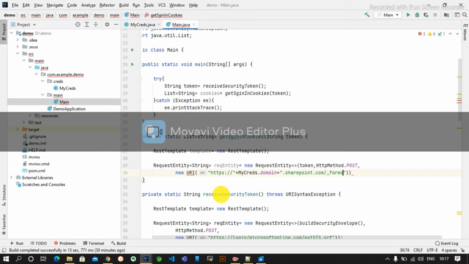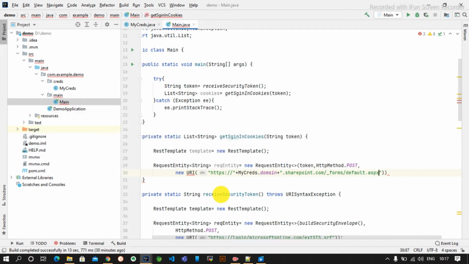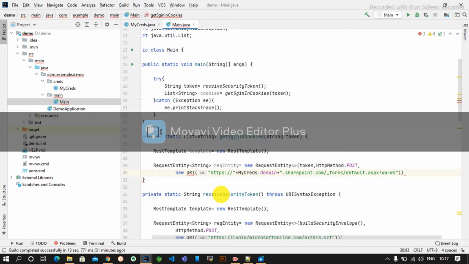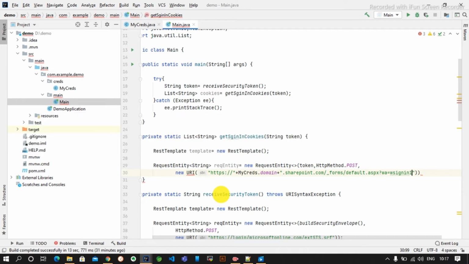This is a Microsoft-provided endpoint only, default.aspx, here wa equal to wsignin1.0. Okay, since we have defined our request entity, here it is telling to throw an exception.